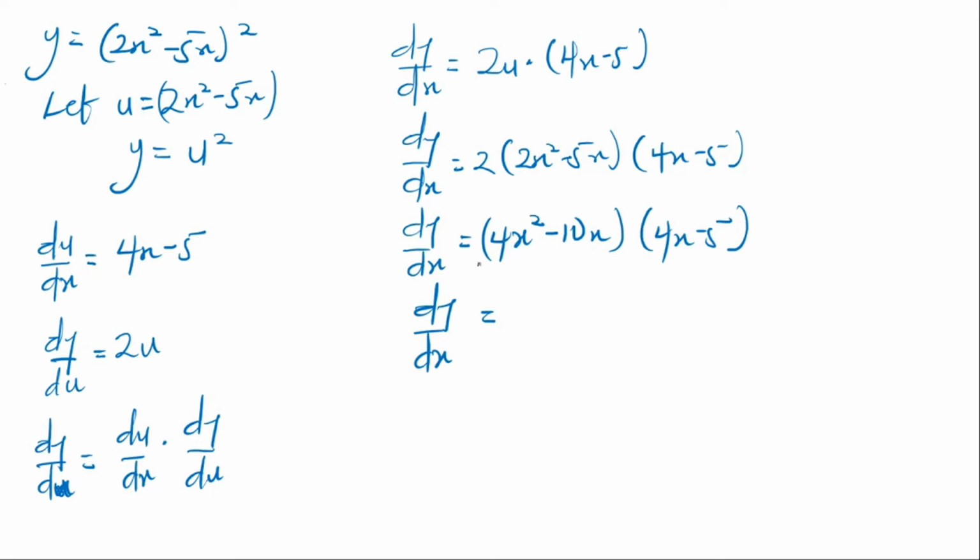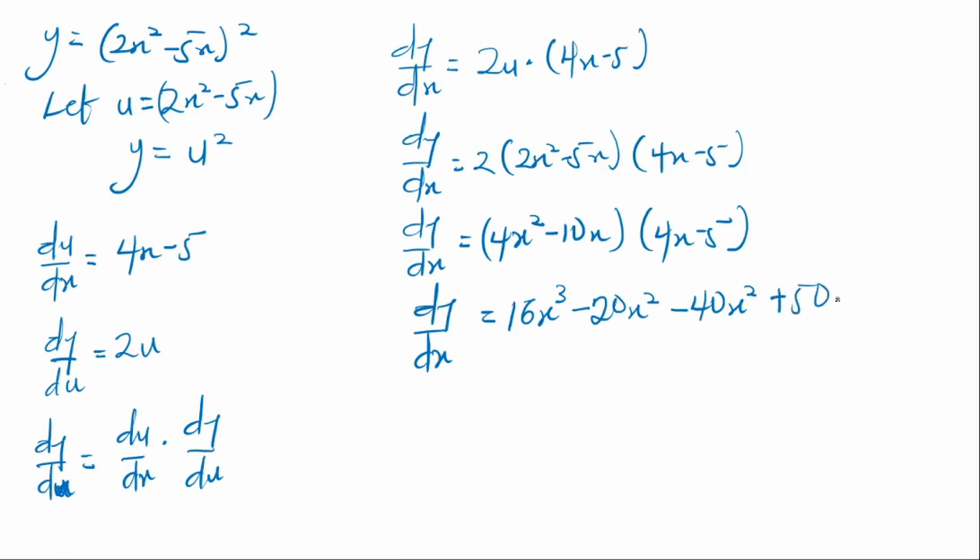So our dy/dx is equal to, from here we just multiply through everything over here. We have 4x squared multiplied by 4x, so we get 16x cubed. 4x squared multiplied by negative 5, we get negative 20x squared. Then we have negative 10x multiplied by 4x, we get negative 40x squared. Then negative 10x multiplied by negative 5, we get